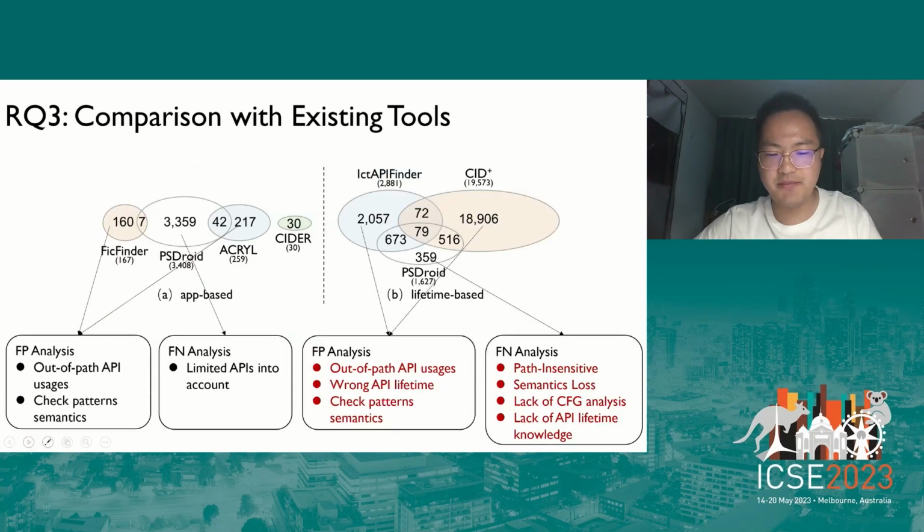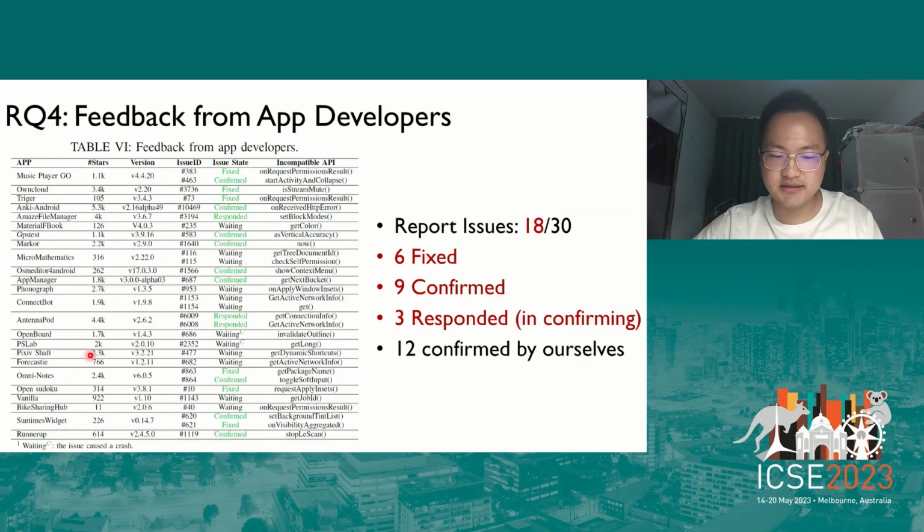And in our paper, we also highlight the combination result. More details can be found in our paper. At last, in our reported 30 issues, we